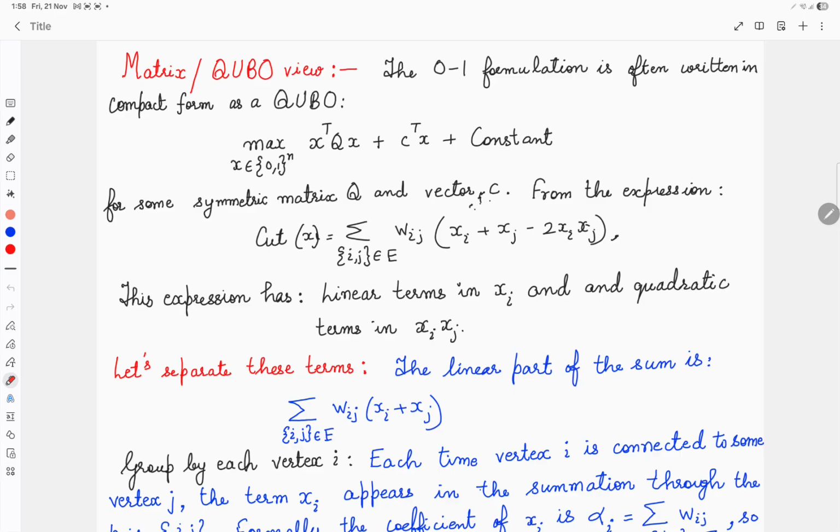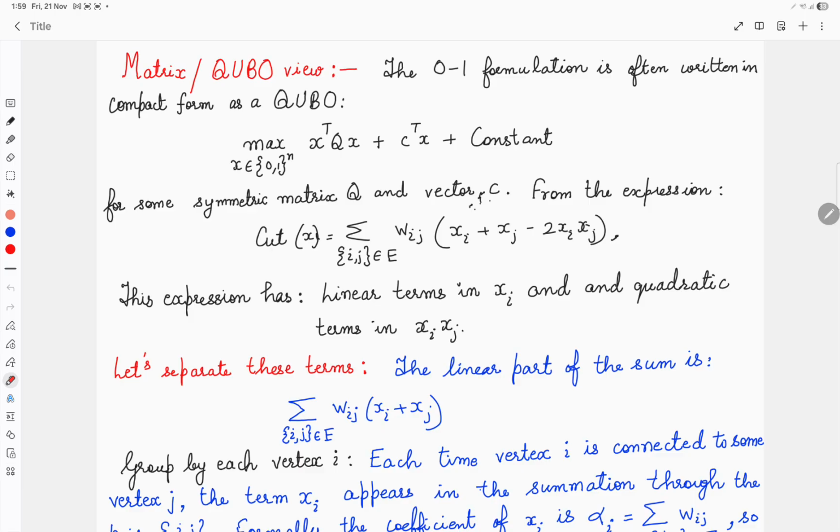So the 0-1 formulation is often written in compact form as a QUBO. So this is our QUBO compact form for some symmetric matrix Q. So if we consider some symmetric matrix Q, we can write it like this, and a vector c. So c is some constant vector, right? Now from the expression,